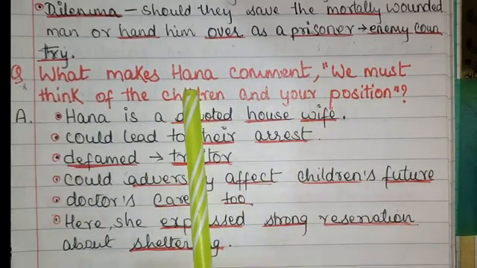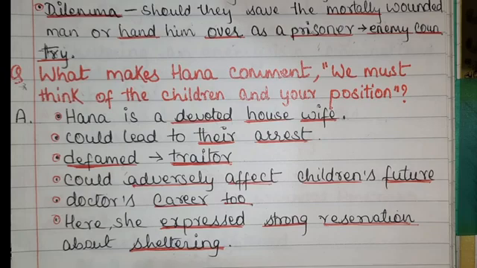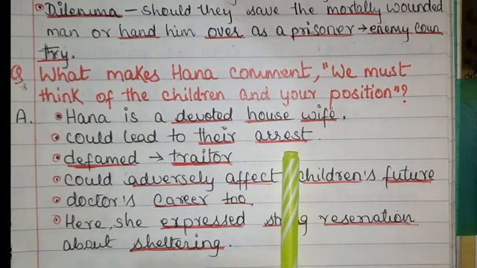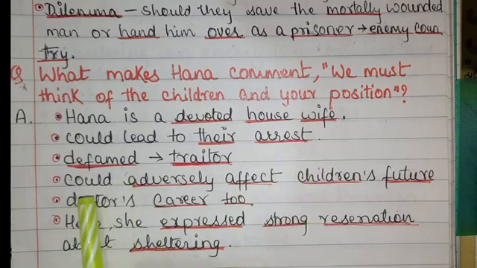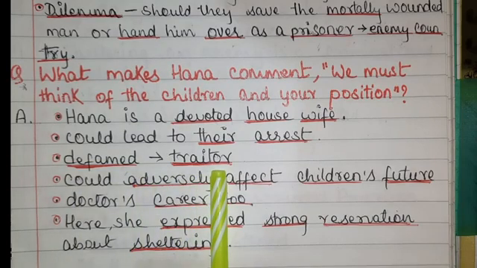See, Hannah was a very dedicated wife and a very simple lady as well. She didn't know how to trick people. She was not a cunning lady. She is a devoted housewife and she was very scared of arrest. She knew that if anybody found out about the sheltering of the prisoner, the entire family would be arrested. It will bring defame or bad reputation to the doctor and his family because he will be considered as a